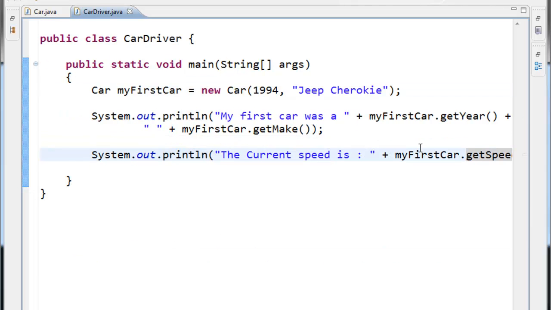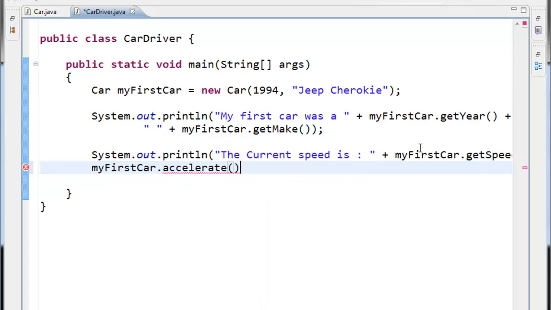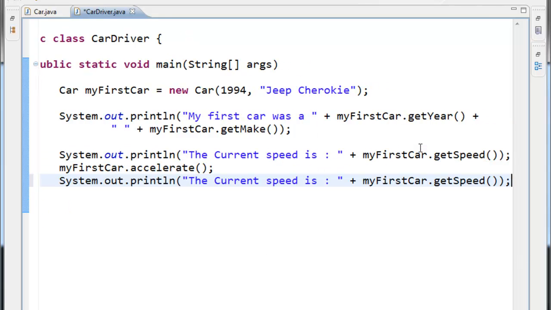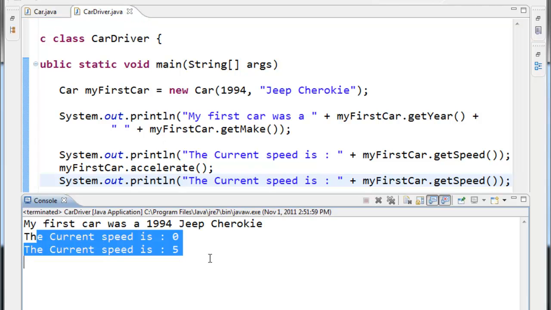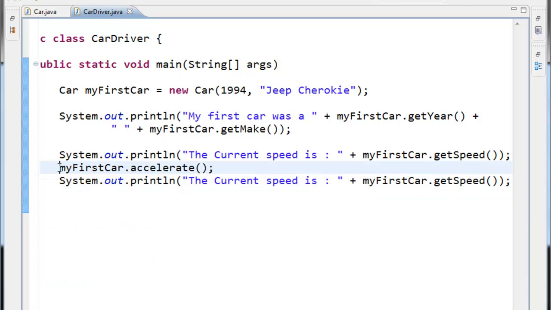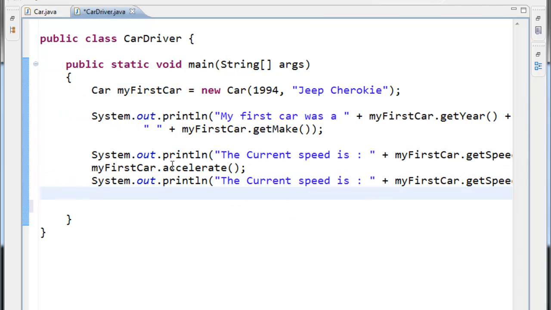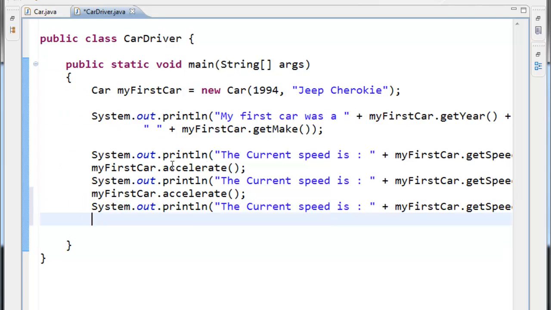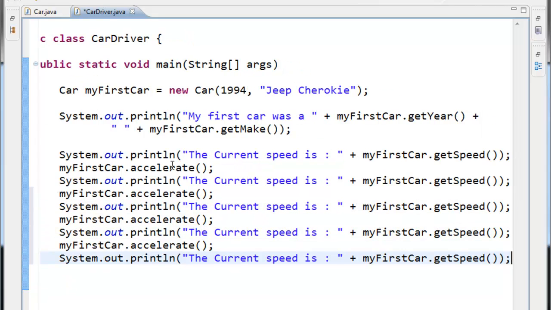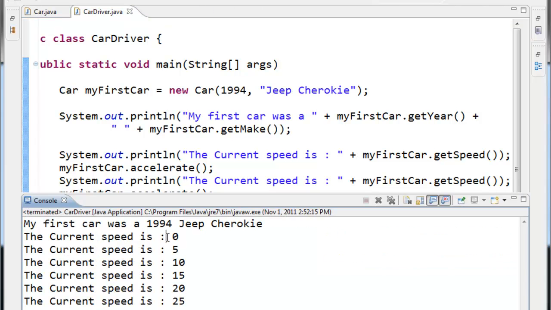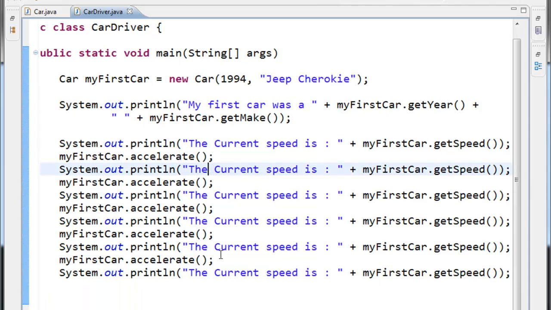Now watch what happens if we say my first car dot accelerate, and then print out the current speed again. Don't forget your semicolon. Hey, we went faster. And it said to do that 5 times. So that's once. Copy, Control C, Control V, paste, paste. 3, 4, 5. Now run it. Starting at 0, increasing 5 times,